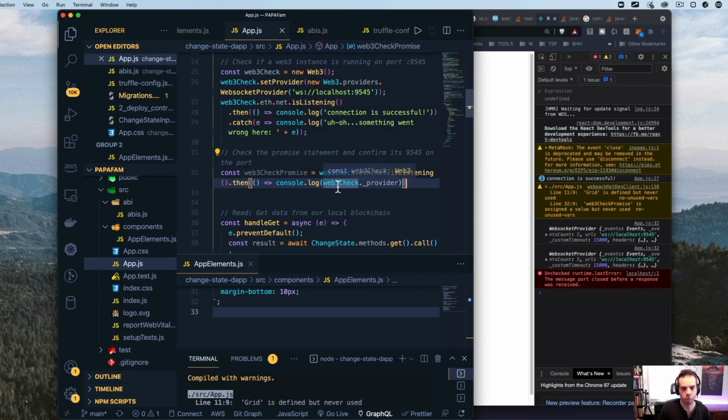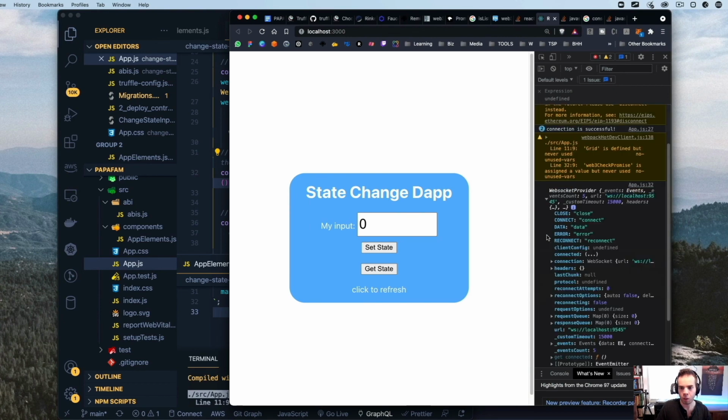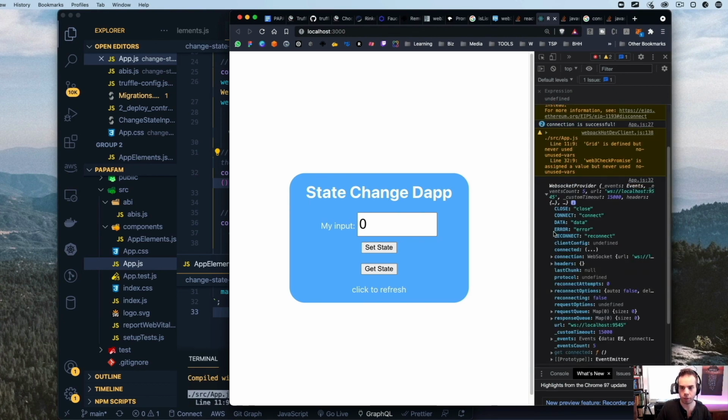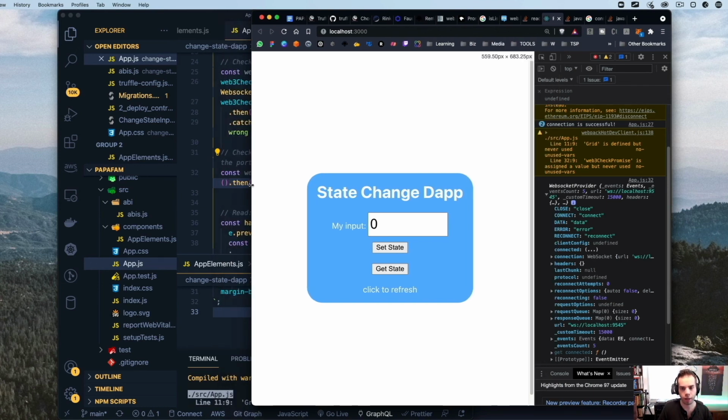So when we are building off of our Web3 check, but really this Web3 instance on our computer, what we're actually getting is a whole bunch of data back. Now, this specific URL is the localhost 9545. That's really our WebSocket network, and we already provisioned this with our MetaMask when we were creating the network, but then also when we created the Truffle instance, and we specifically denoted the port on our network.